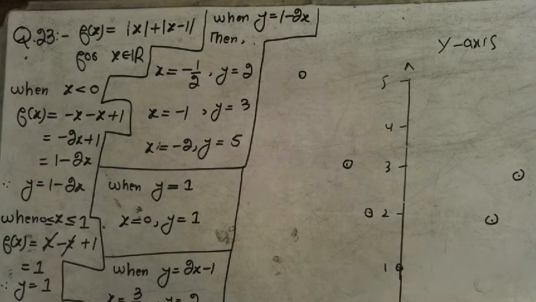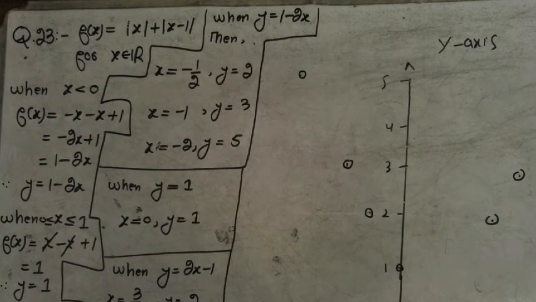I will solve only one question of the third portion, and the other questions you will solve yourself. I hope that after seeing this video you will be able to solve the other questions